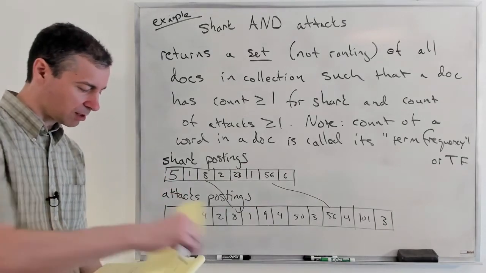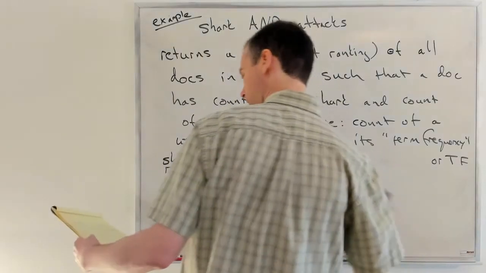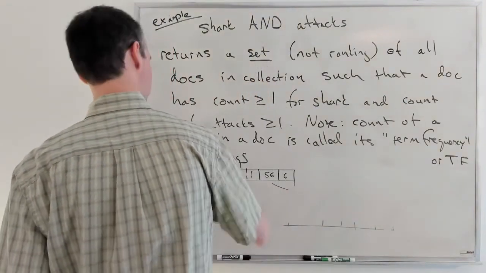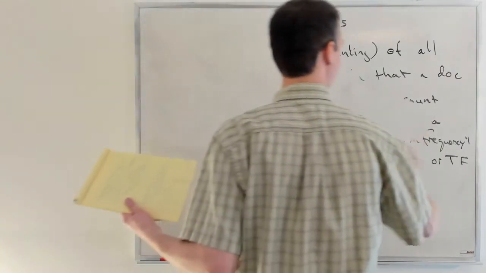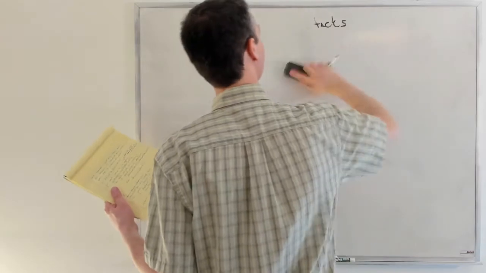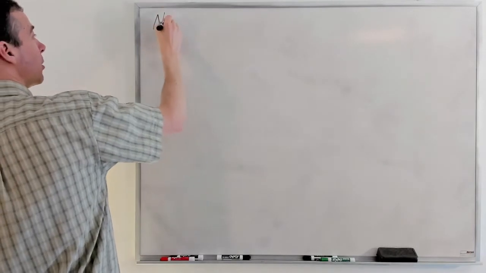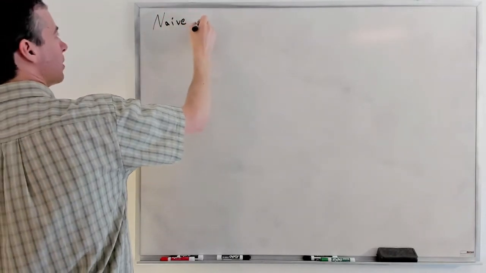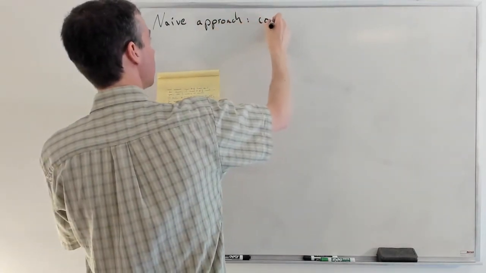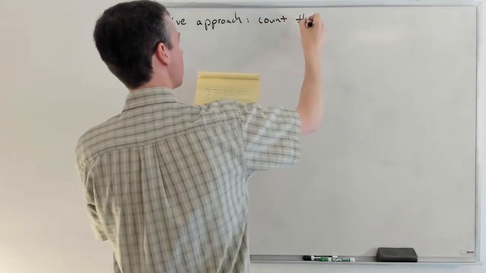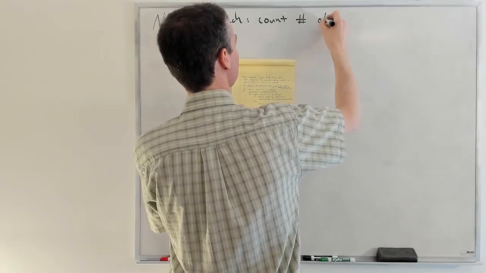All right. How could we go about doing our Boolean retrieval? Well, let's look at a naive approach. It works. It's easy to implement. It might very well be what you want to implement on the homework. Because, by the way, naive is still plenty fast for the homework. And if it's easy to implement, that makes your life easier, and there's a good chance you'll get it right. So the naive approach is we're going to count the number of times